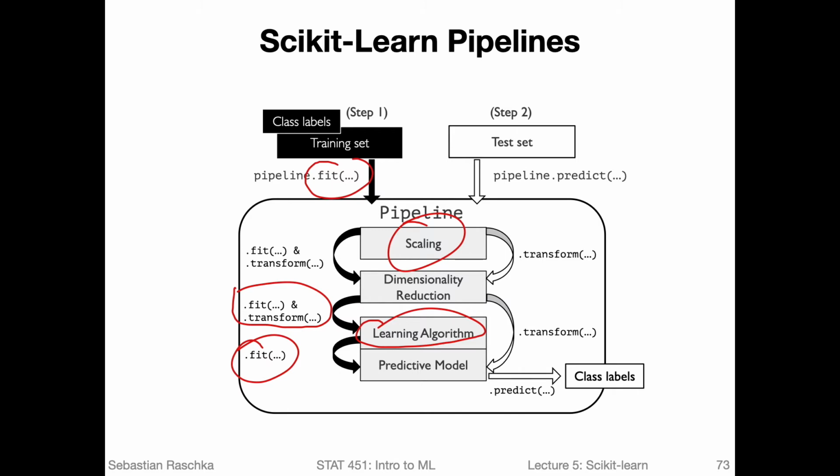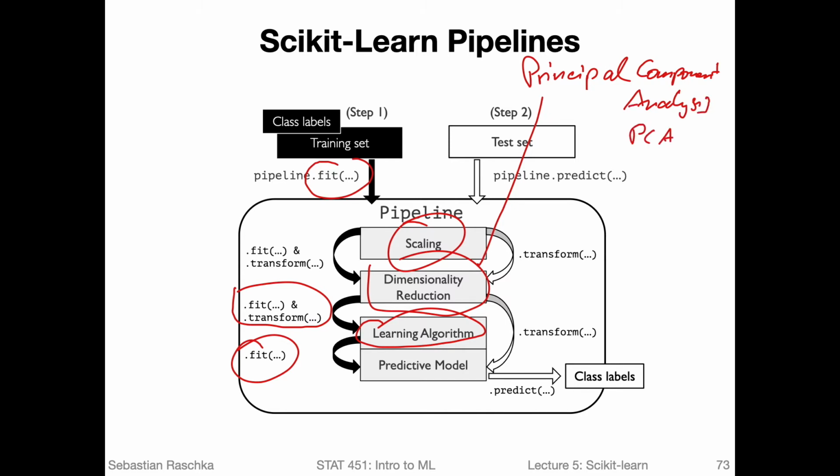You can also add certain dimensionality reduction techniques. We will talk more about that later in this course. But one common dimensionality reduction technique that some people use often with k-nearest neighbors is principal component analysis, or in short, PCA. So PCA would be a linear transformation of your data that you can apply to a large dimensional data set and it would return a smaller dimensional data set. So you can also have that here, and you can have an arbitrary number of transformers here. The only thing is that they have to support fit and transform.